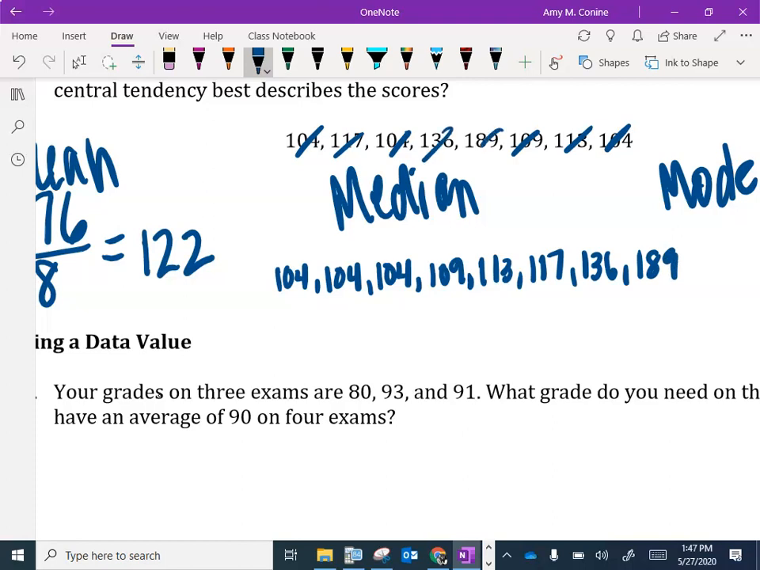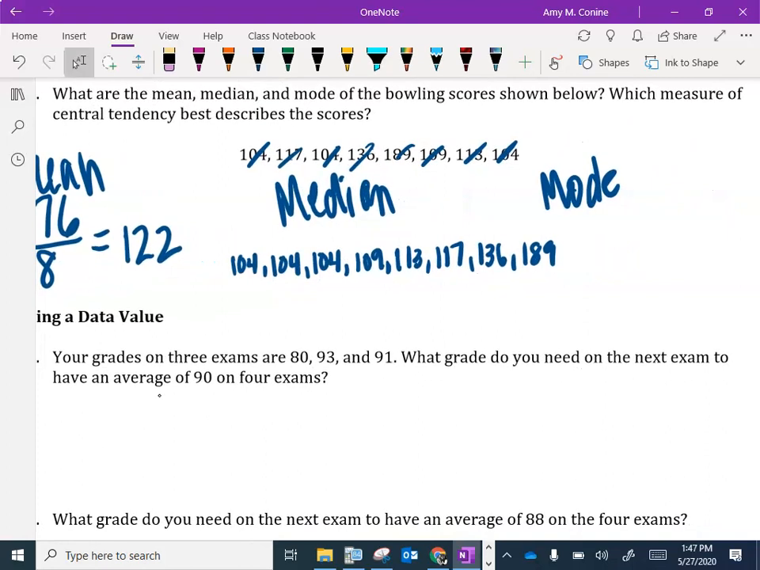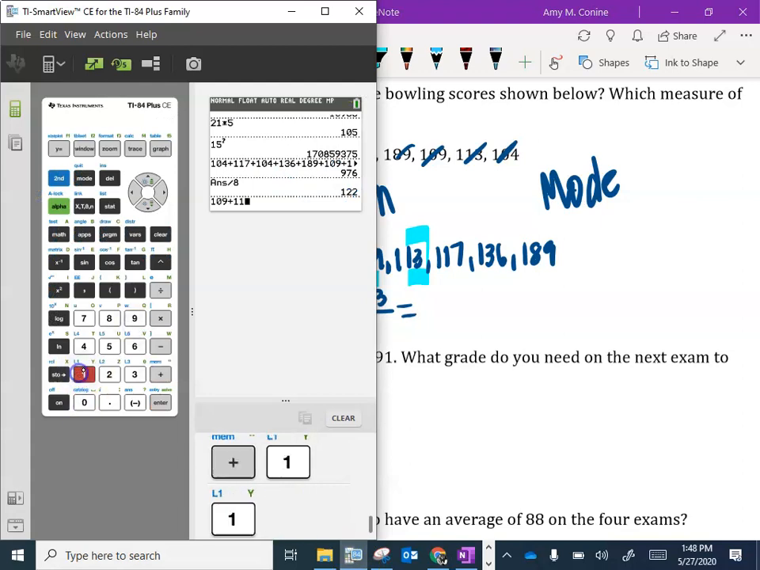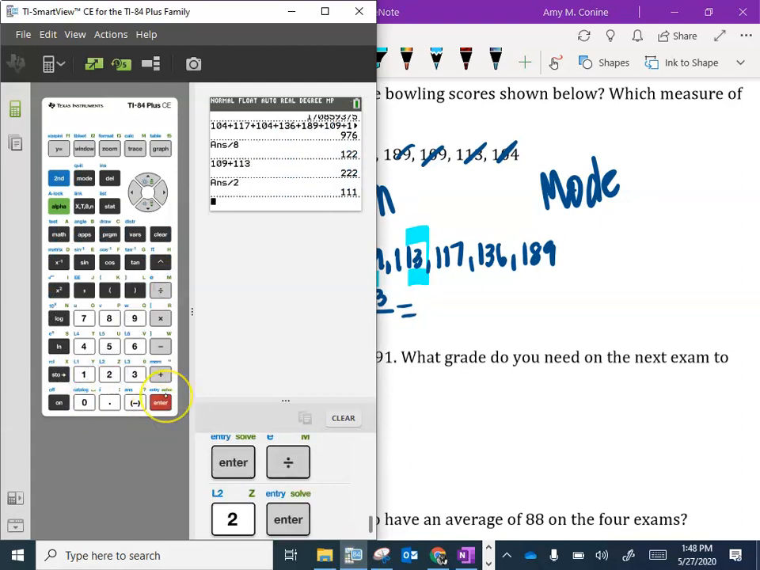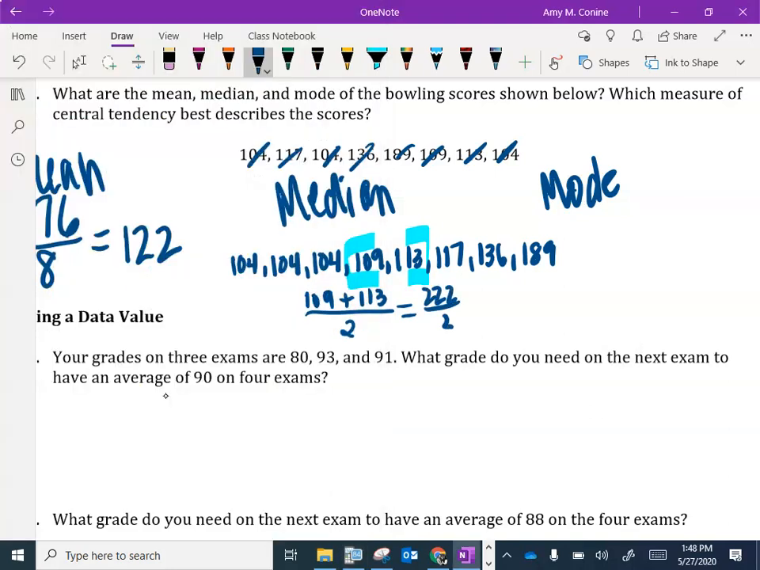So in numerical order, this is going to be our middlemost number. So we have 8, so it's an even number, so you're going to see what we have to do for that. So 1, 2, 3, 4, 1, 2, 3, 4. So our median is going to be between these two numbers, so 109 and 113. So when we have that, because we have an even number of scores, we're going to take the average of the two, and that's going to be our median. So 109 plus 113 divided by 2. So 222 divided by 2 is 111. So our median is